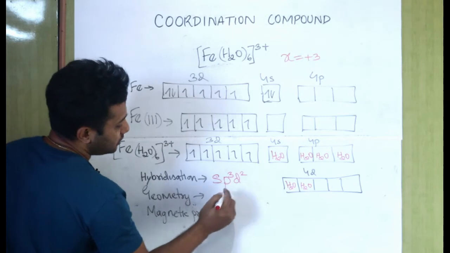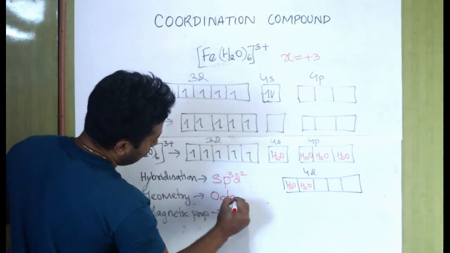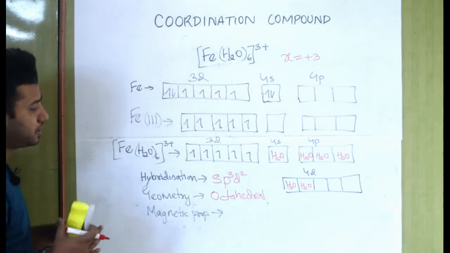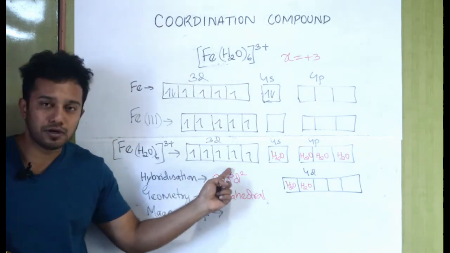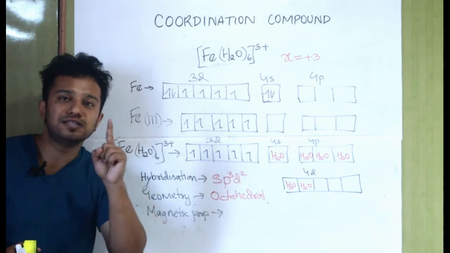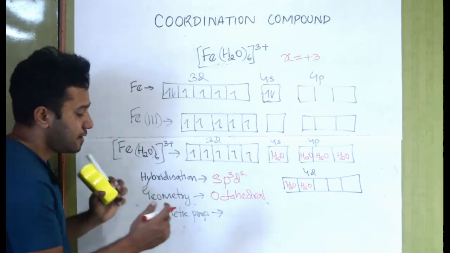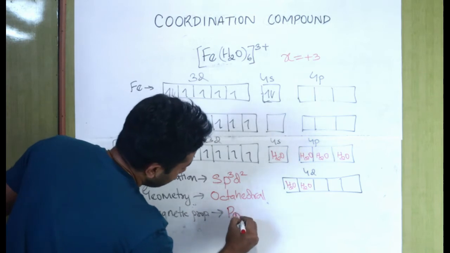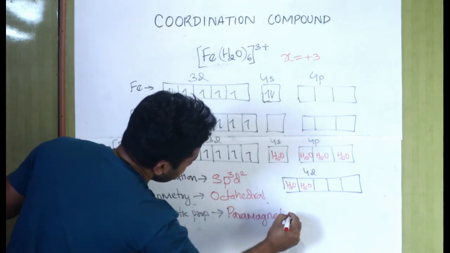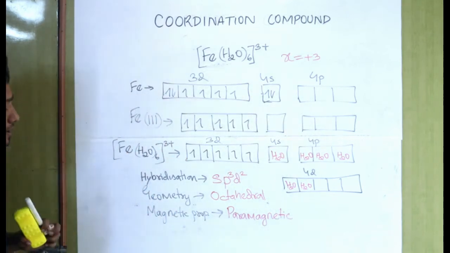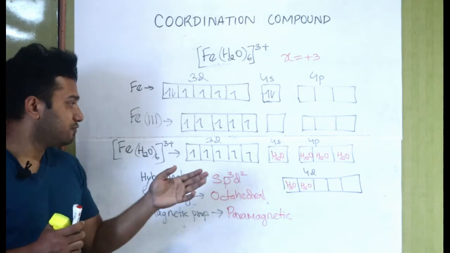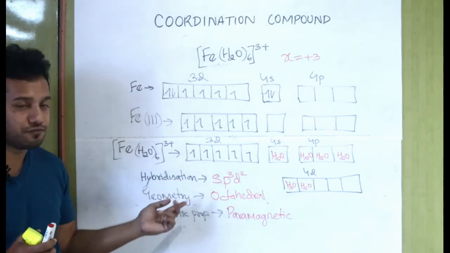If sp3d2, again octahedral. And the magnetic property: the electrons out here are single, they don't pair themselves up. If we have even 1 single electron, it will be paramagnetic. So it is very easy to find the magnetic properties,